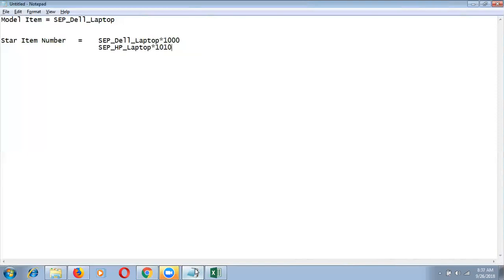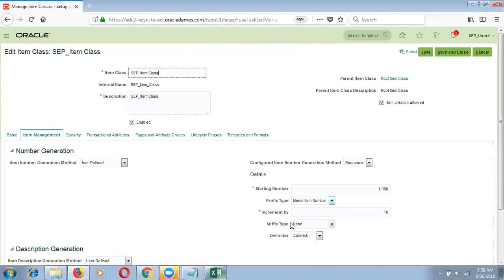But again, is there any limit? Yes. Based on the way we are going to define bills, the customer can choose his own configurations. Against the configuration chosen by the customer, we are going to start manufacturing the item. Once he chooses the configurations for the Dell laptop, the system will generate a star item to manufacture. How the system has to generate that star item automatically will be decided by this configured item number generation method